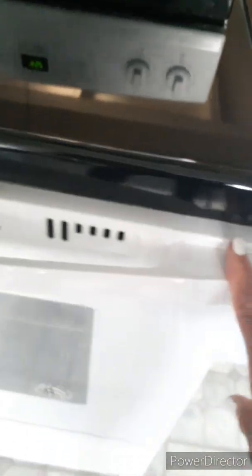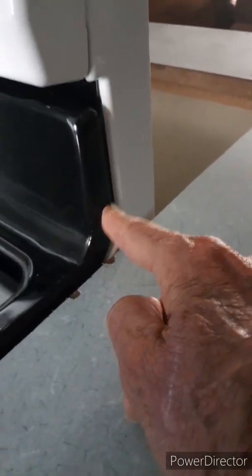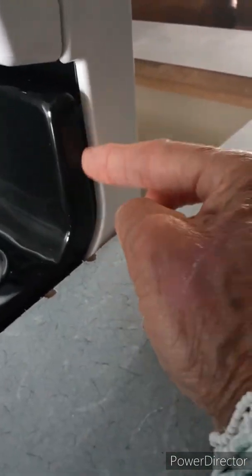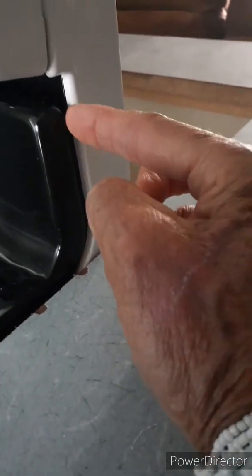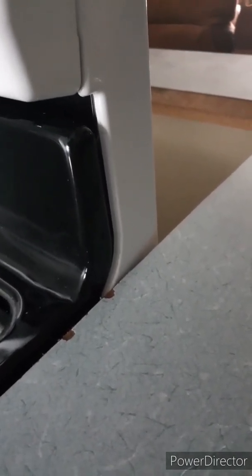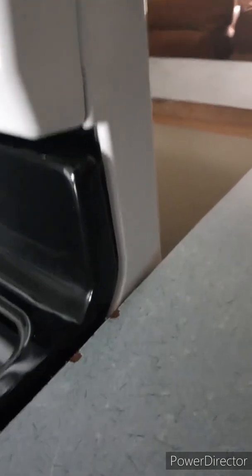So I took the new cooktop, slid it in, and I put this screw back in and this screw back in. I got it to set flush in here because you're going to line up right here. There is a little flap that's part of this assembly, but it's recessed in because there's a crease right here. So there's a little flap that comes over about here, goes down about there, and it's curved so that when you pop it in, it's going to hold its position because of that tilt